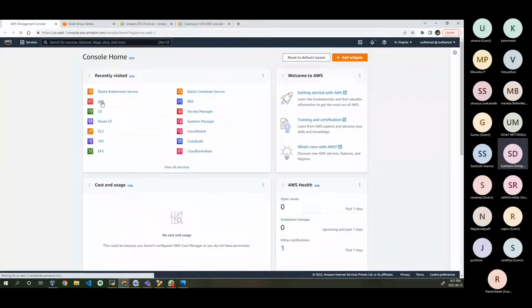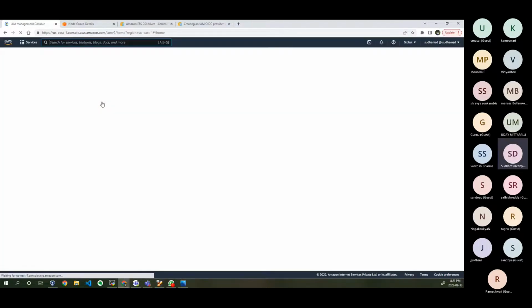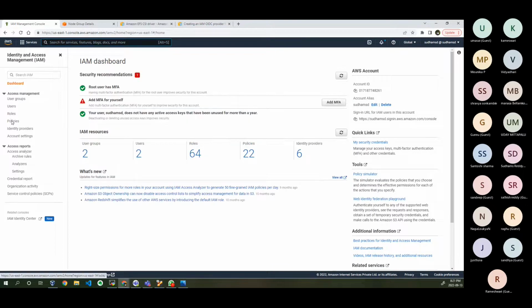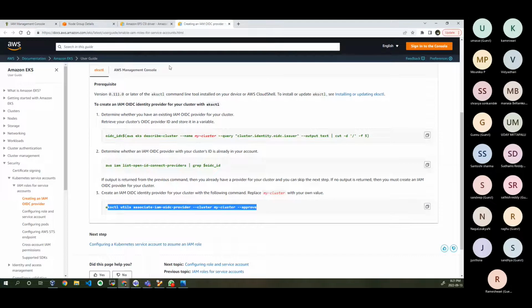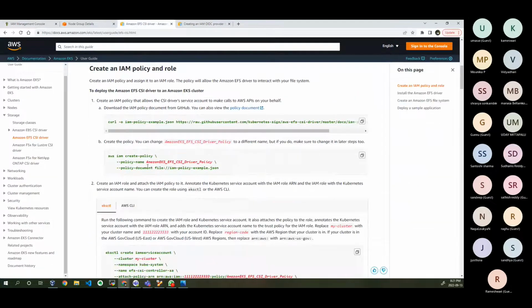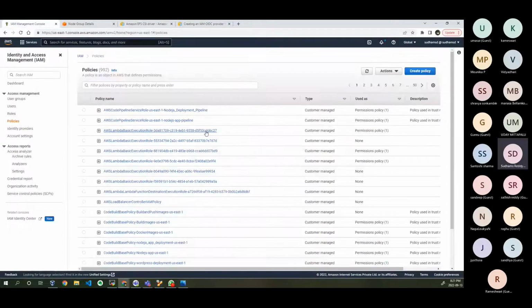So I'll go back here, go to IAM. Let me show you in my system. I have in my AWS account, I have this policy on. So I will go to policies. I'll search with a name called... Let me search with this name. Copy and